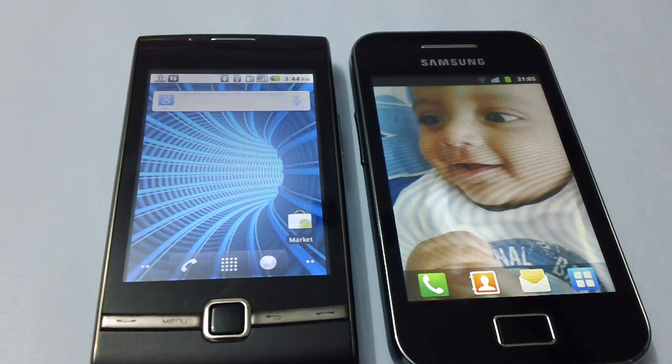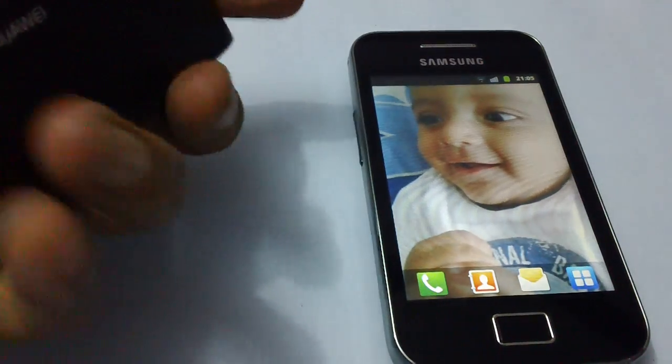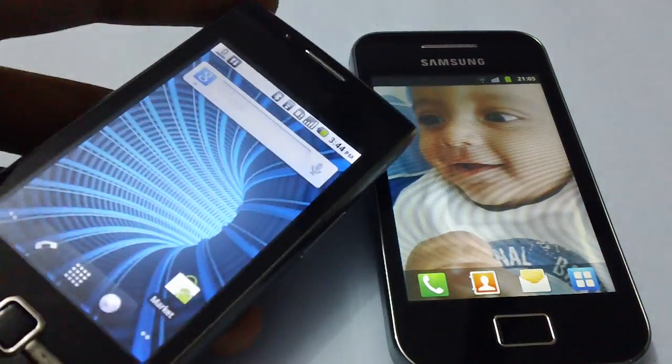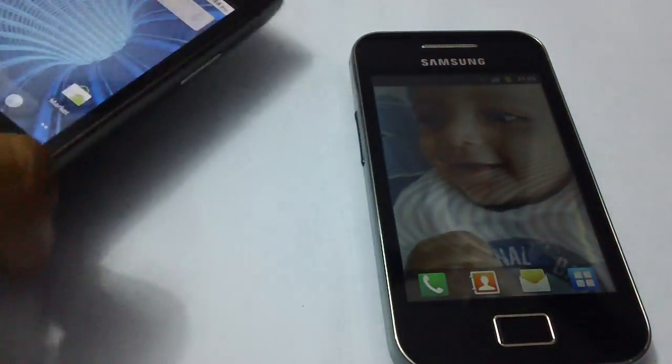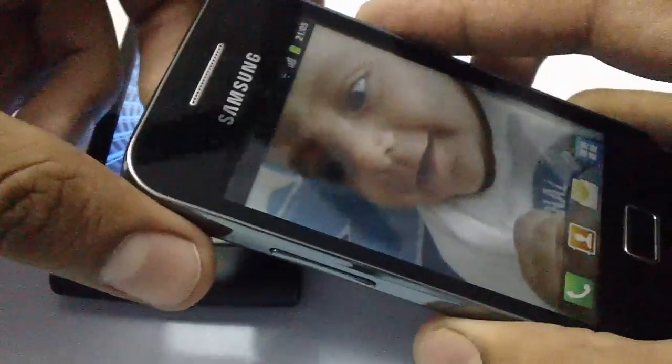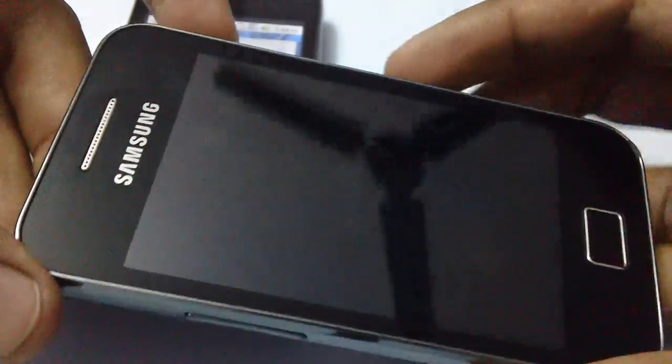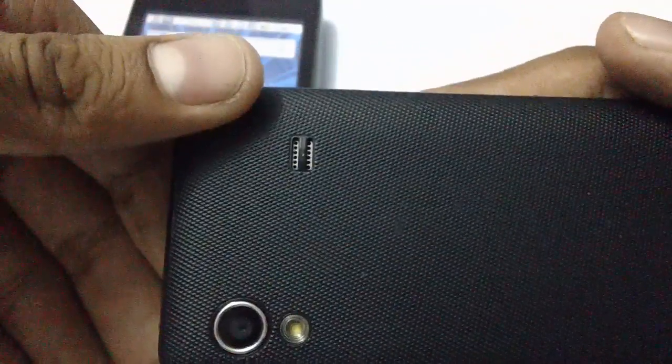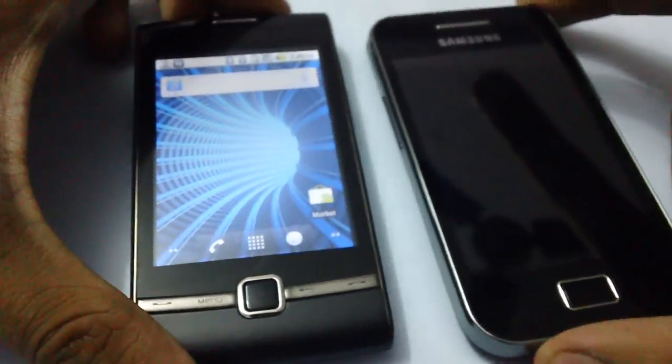Hey everyone, here's the comparison between the two mid-range phones of the Android operating system. One is of the Huawei and the other is the Samsung. This is the Huawei U8500, the Huawei Ideos X2, and this is the Samsung Galaxy Ace. Samsung Galaxy Ace was one of the most popular devices of this year in the middle range phones. So we would compare from all the aspects,